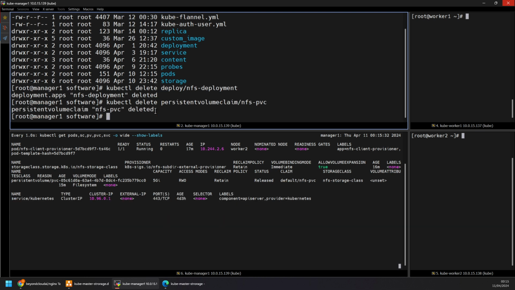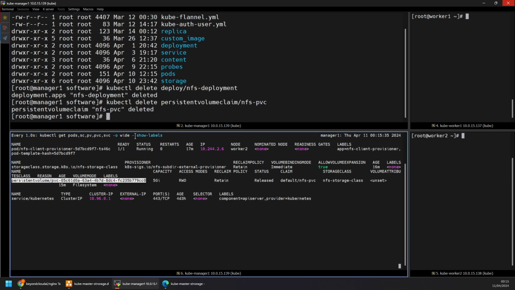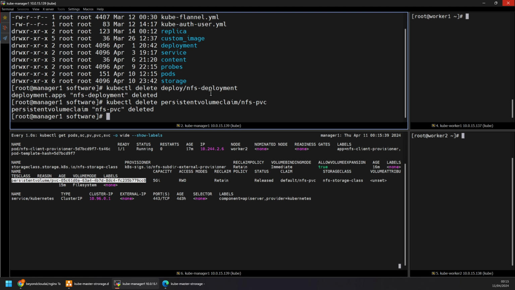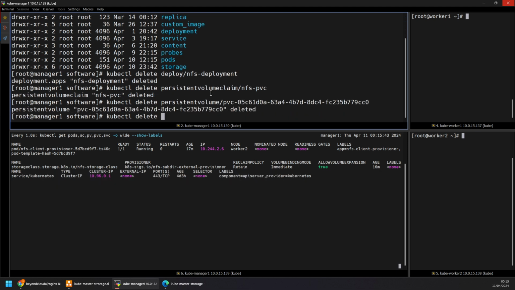This should remove your PVC. All right, so you can now remove your PV as well. Now you can remove your storage class as well. Storage class removal, it's not that